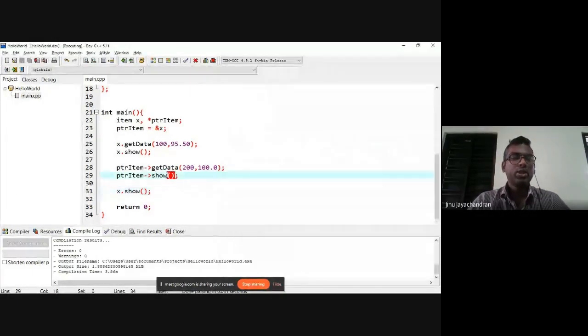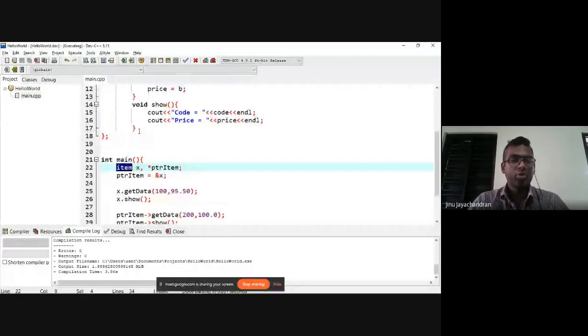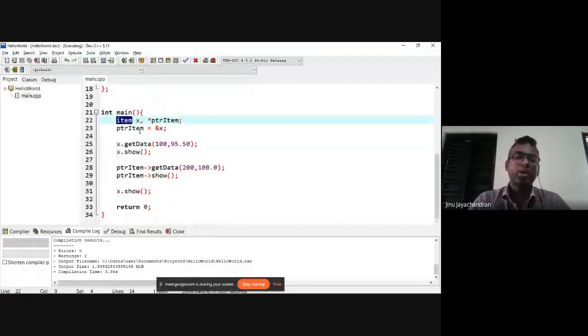This is exactly similar to what we saw previously with int or float, but here we are using a class to declare a pointer to an object.